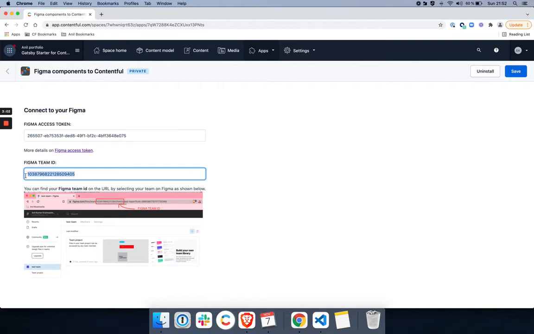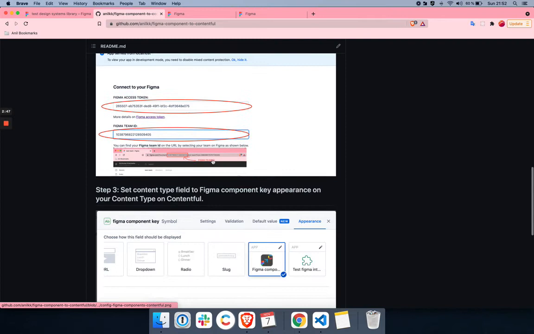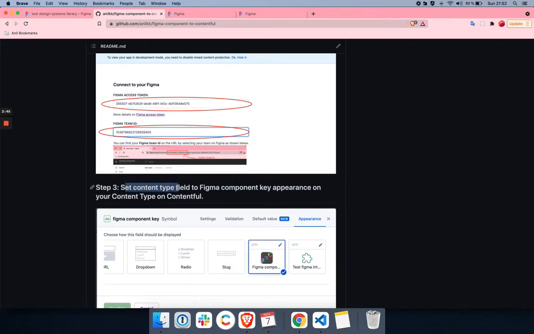Of course, I'm going to use this for demonstration. I'm going to remove this access token and we're going to use a different team ID. I'm going to remove this after this demo. So you're going to see that I've added and saved. So this looks good. Next step, set content type field to Figma Component Key appearance on your content type